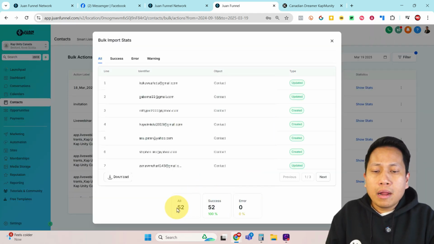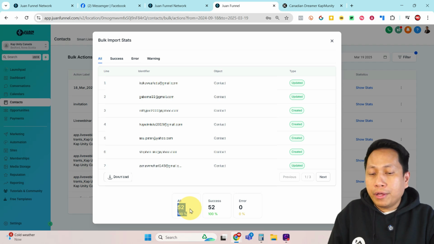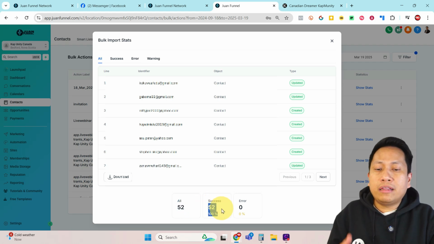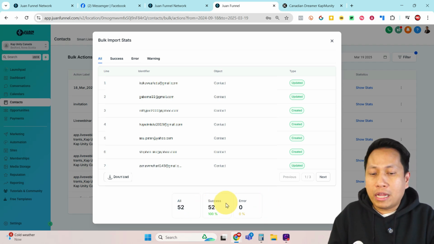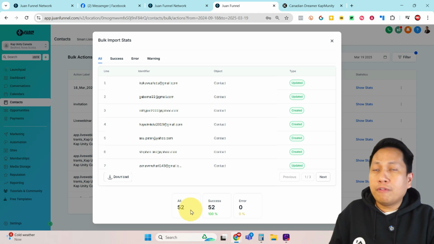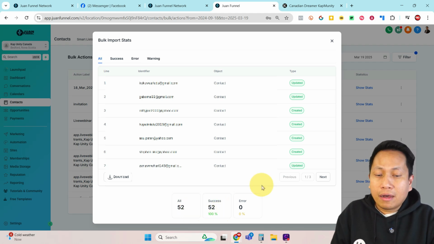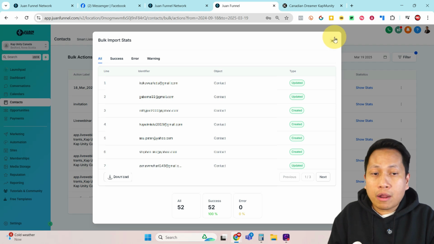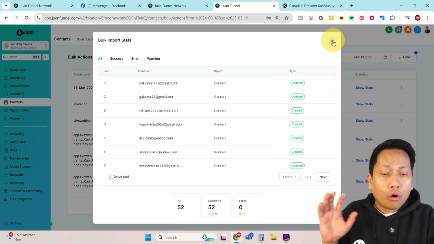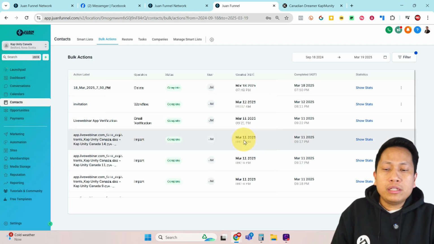You will see here how many people were imported and what percent were imported successfully. So here I imported 52 and I successfully imported 52 data. There's zero error. All right, so that's it. That's how easy it is to add a new contact to your Go High Level account.